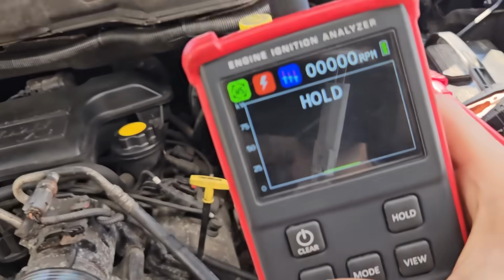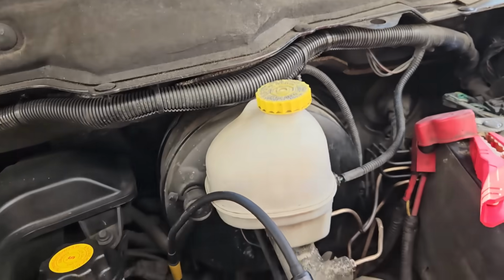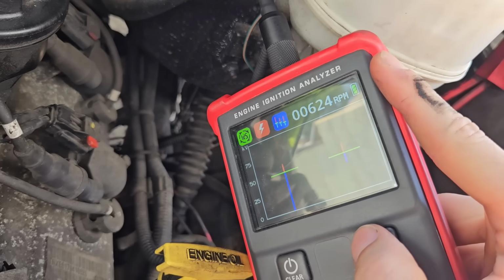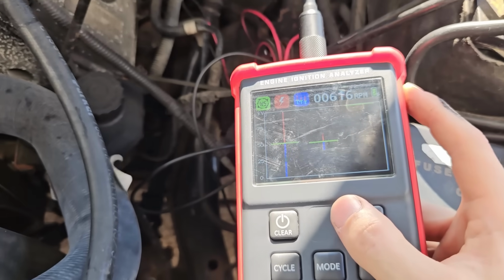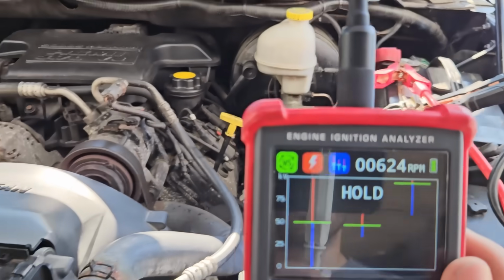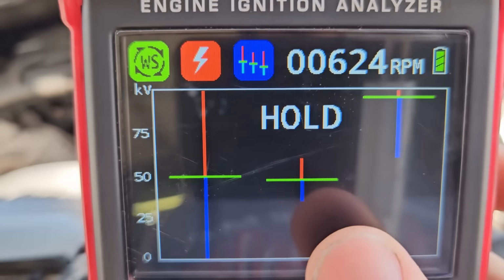So I've now induced a fault. Let's see if we can figure out which cylinder it is. Got a couple captures, hold. Hold. And I think we can easily tell what cylinder is at fault here and what the fault is, because we